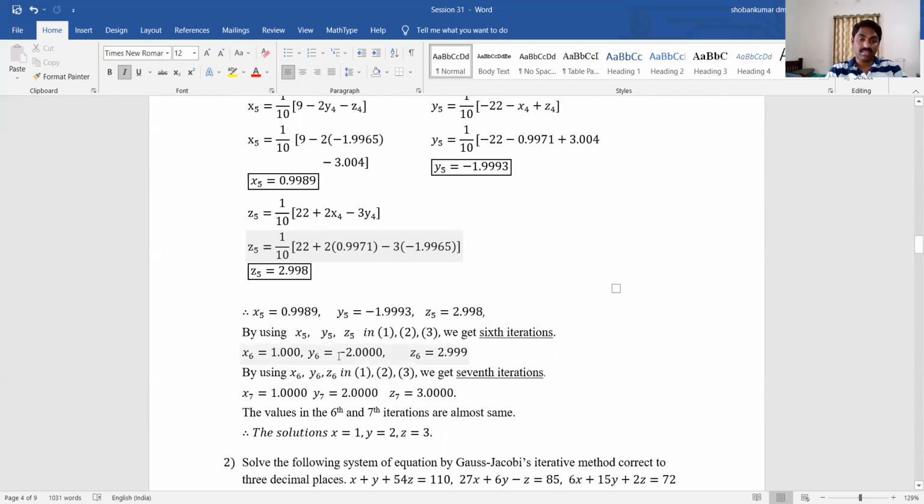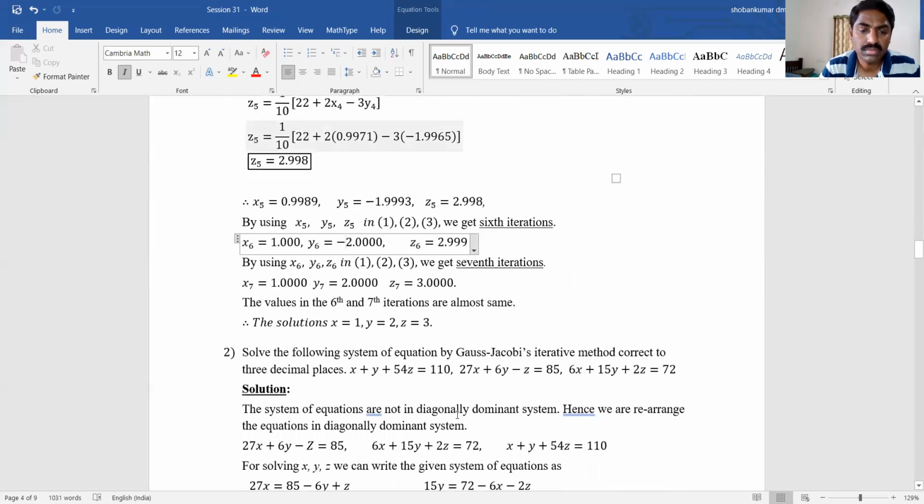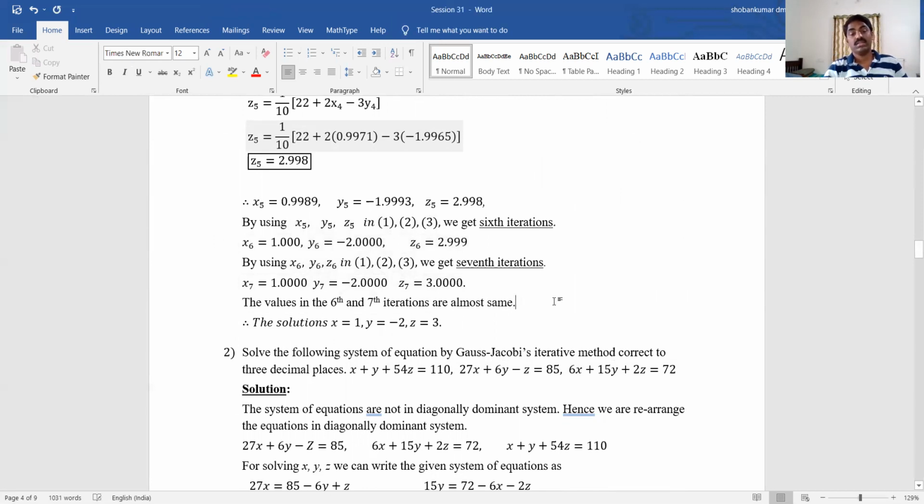z7 is 3. Here the values of the sixth and seventh iterations, comparing these two values, are almost the same. Therefore, the roots or solutions of the given system of linear equations according to Gauss-Jacobi's method is 1, minus 2,